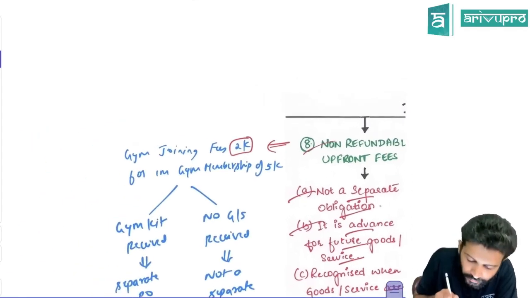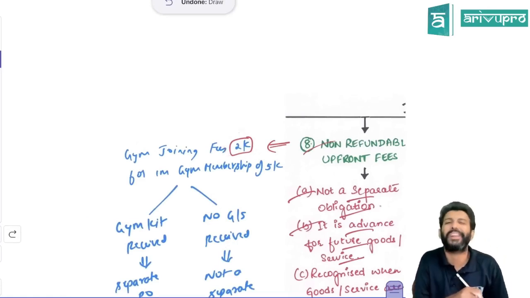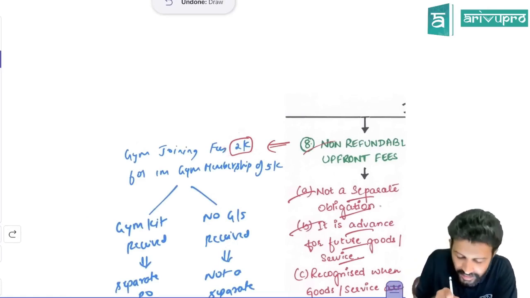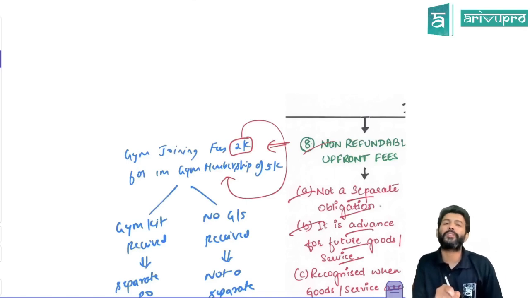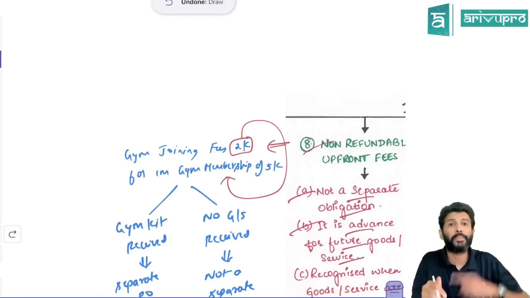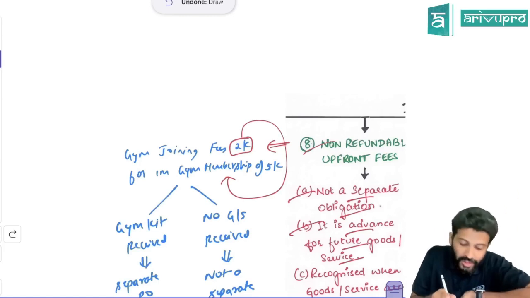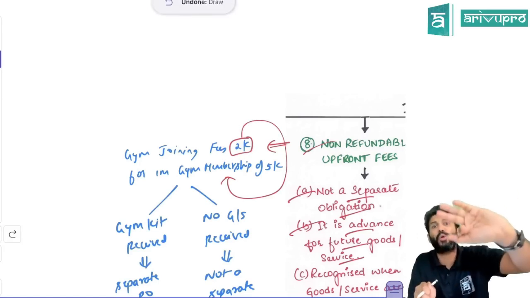If no goods or service have been transferred, you cannot recognize this 2,000 as revenue immediately. It is paid for the future, like an advance paid for future goods or service. Here, the future service is gym membership. How many months did you take? 1 month. You cannot recognize this revenue immediately, because you can recognize revenue only when